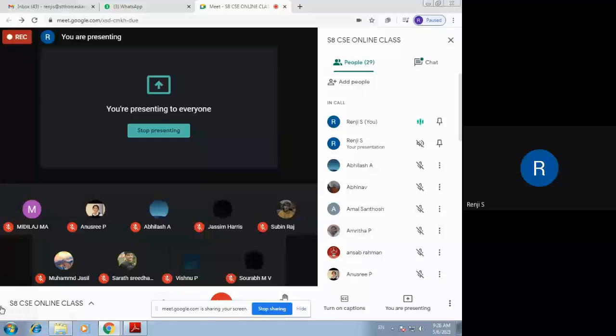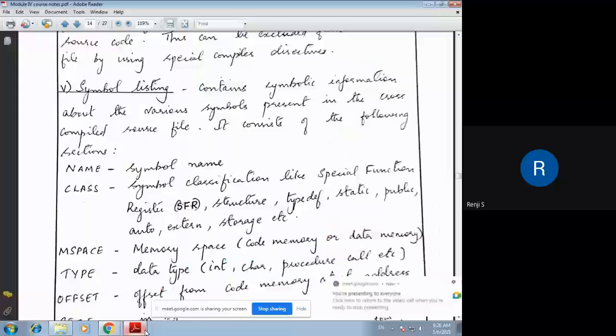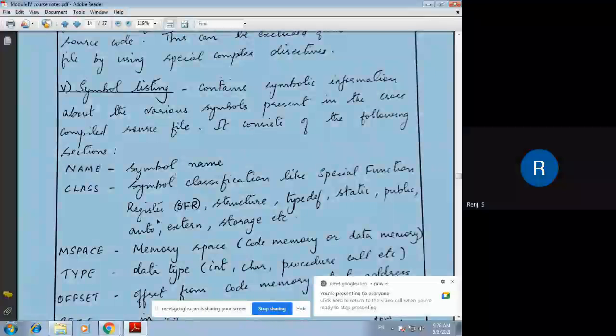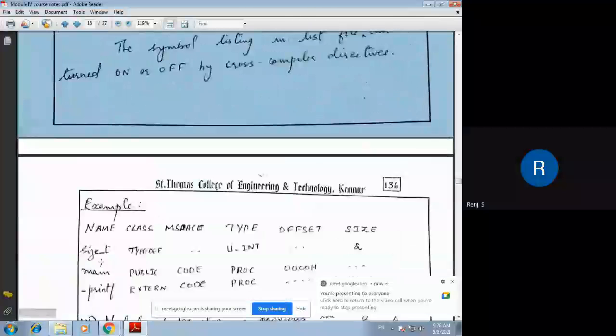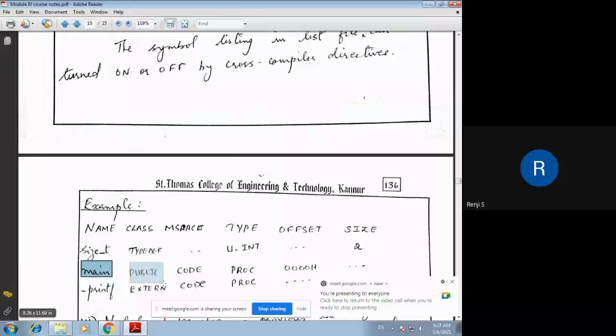Name means the name of the symbol that we are going to use. If main is a symbol, main is the name. So corresponding to the name, suppose the name is main, then you will get the class of main. It is a public function. Then the memory space is the code space.